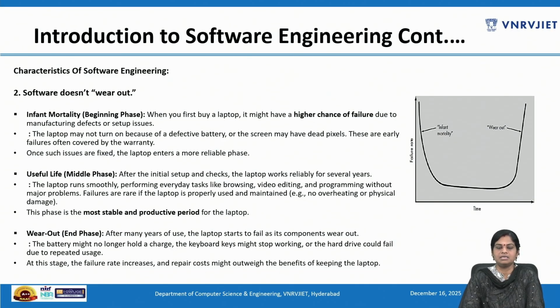If we take an asset and it fails because of manufacturing defects, installation issues, design issues, material defects, etc., then the asset falls under this infant mortality section, and we can term it as the early failure period. Here the probability of failure occurrence is very high, and the failure rate gradually decreases with increasing time.